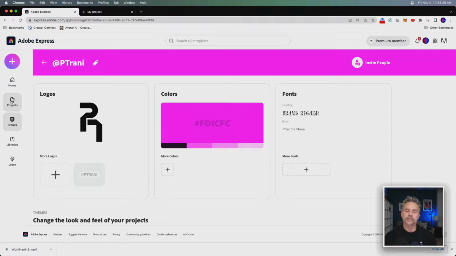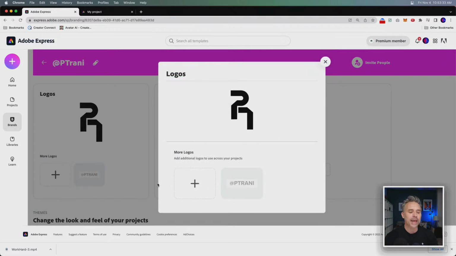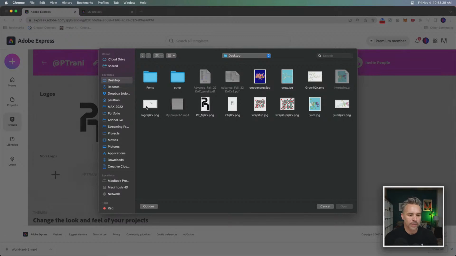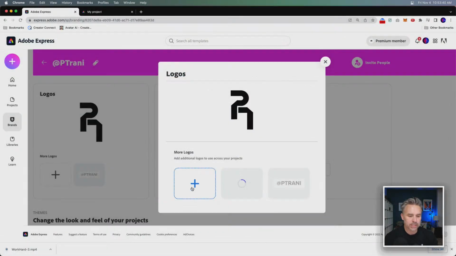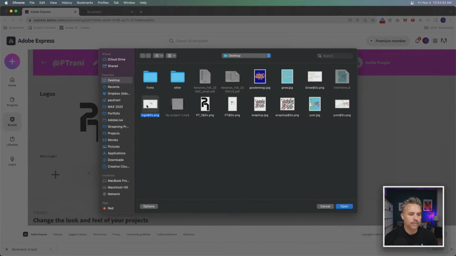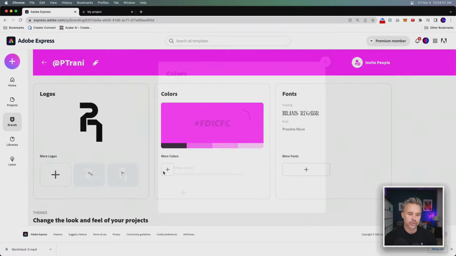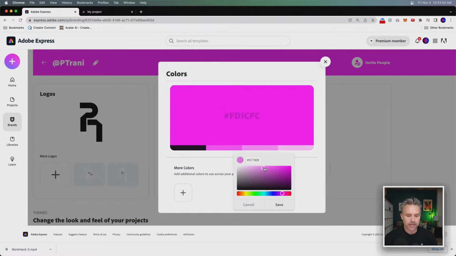Thank you, Sean. Because it's funny, when you go through the initial experience, it only lets you add one logo. But then when you go back into it, that's when you add the additional logos. So that's where I have the white PT and also the full name logo in there as well. And it's where you add additional colors. I'll probably change this color a little bit. What do you think? Sure, let's stay with a hot pink.